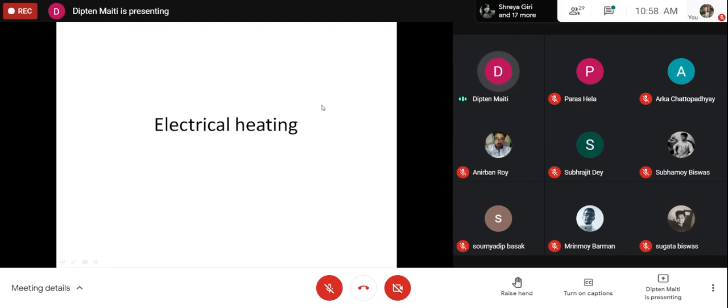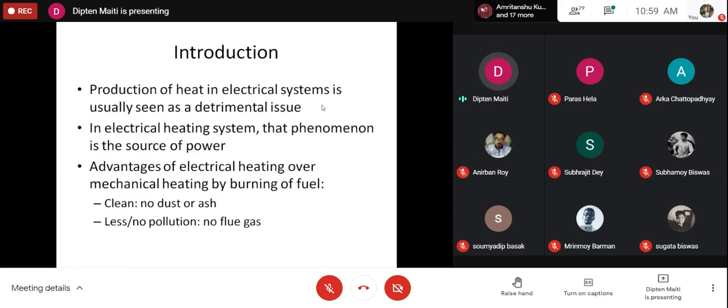So this is about electrical heating. Up until now, all electrical heating generated by electrical apparatus was meant to be harmful, in the sense that some energy is lost there. That reduces the efficiency, reduces the life of the apparatus, and creates other problems also. However, for this class, electrical heating is the source of the energy. That means the efficient conversion of energy from electrical energy to heating energy. So this is not a loss.